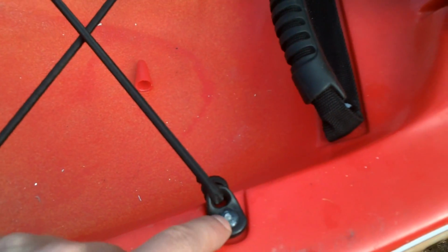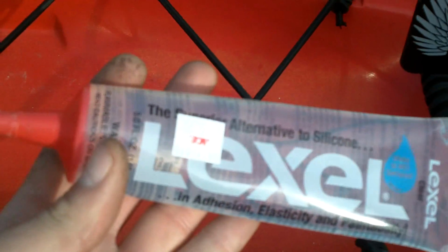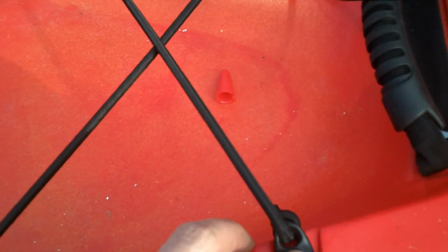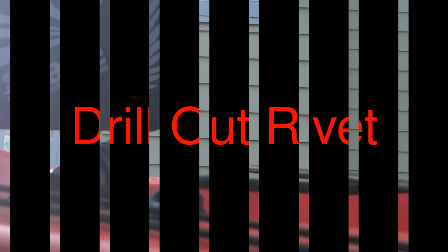So what I'm doing is I'm taking a drill, I'm drilling out the center so the top just pops off and the bottom falls through, and then I am taking Lexel and I am filling the hole, the rivet, and then clamping it down so it looks like that. As you can see, this one's even better. And I'll give you an